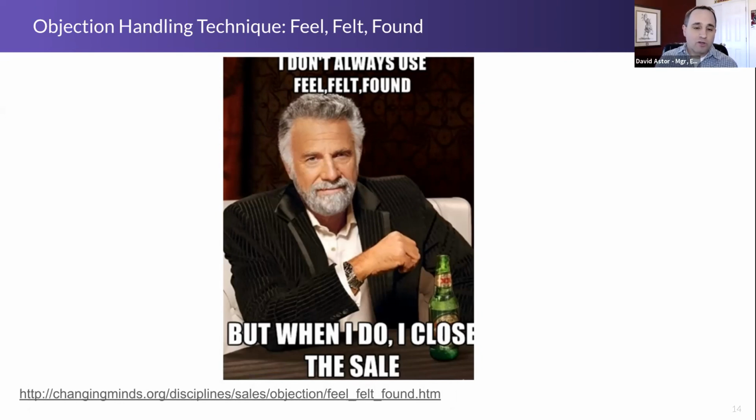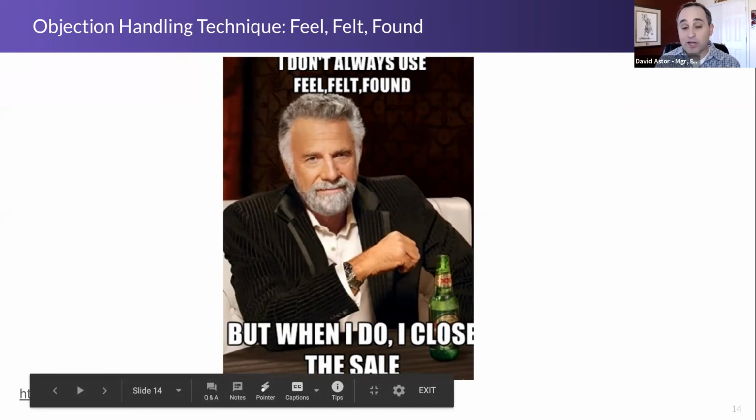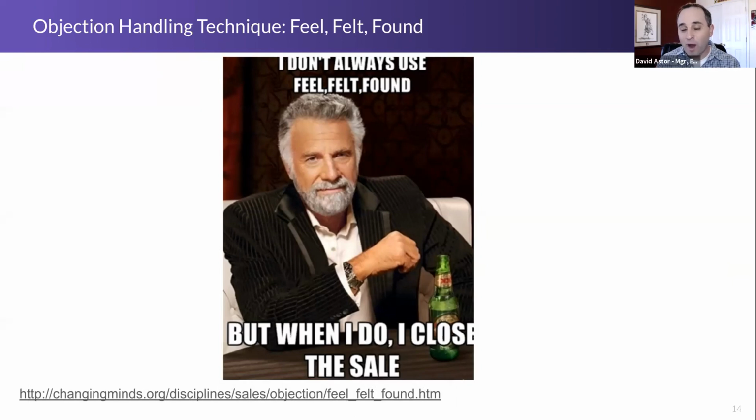So you want to make sure if you're doing this particular technique that you're doing something that's going to be meaningful and actually look like it's going to solve the same problem. You just don't want it to be robotic about it and just say any type of case study. So it's important to know what our case studies are, what stories you can pull out, to make sure that you're telling a valuable story here. So again, a perfectly valid objection handling technique, but one you want to be just a little bit cautious of because it has been around for a while. Savvy buyers are going to know what you're doing as well and may not want to be manipulated in this particular way. So just something to be aware of.